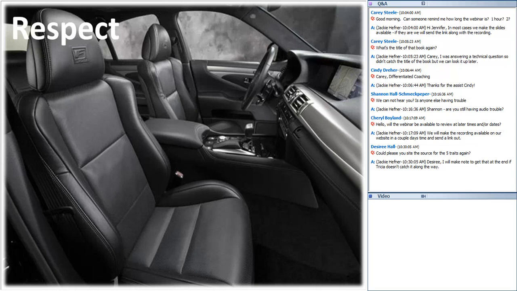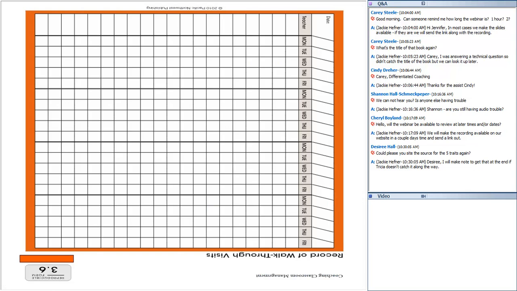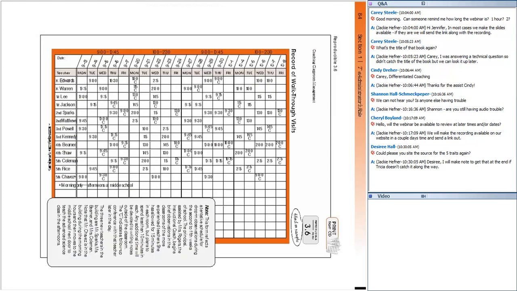Now, what we recommend administrators is that you actually create a system of walkthroughs. I'm going to show you a blank calendar and then a completed calendar. And this is upside down, but I think you get the gist. You have all the teachers' names, and you simply write down when you've gone in to see them. I know this is very small. You don't have to see what's in the little boxes.